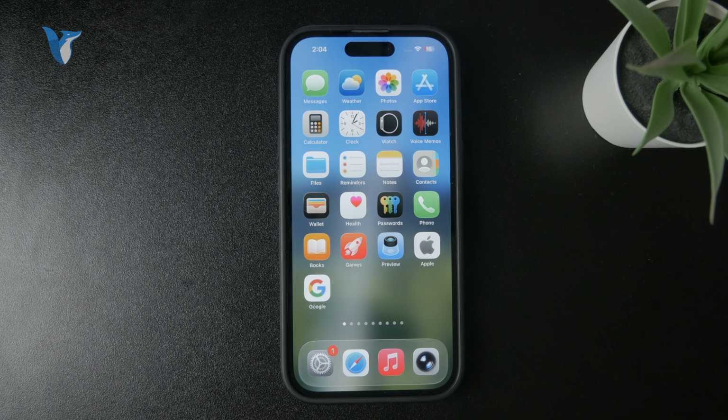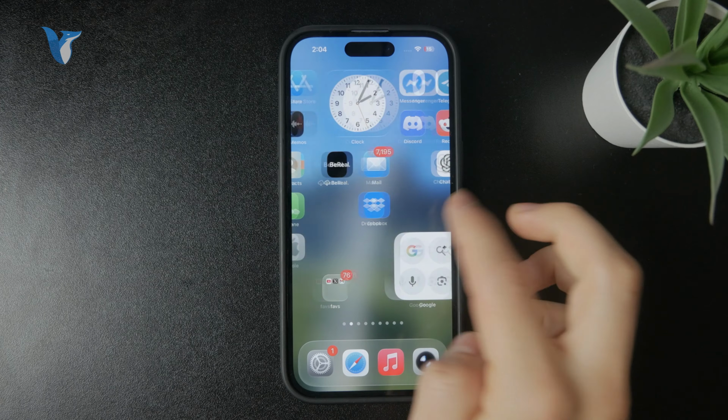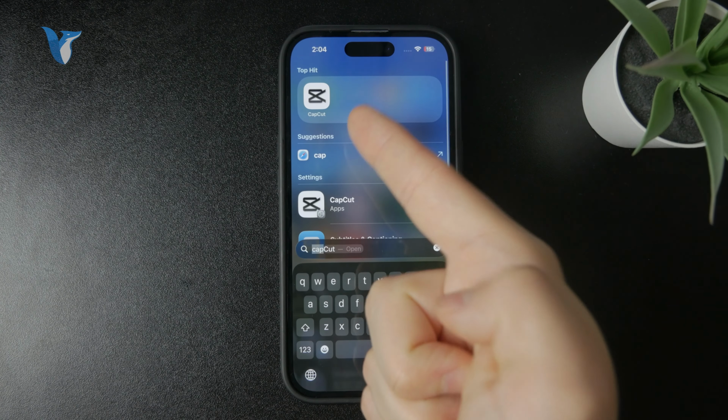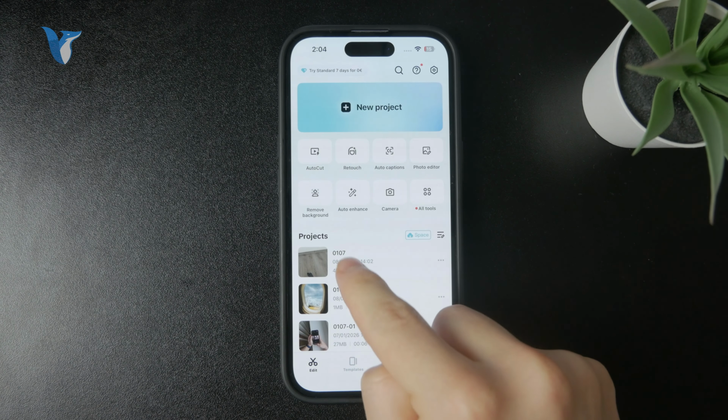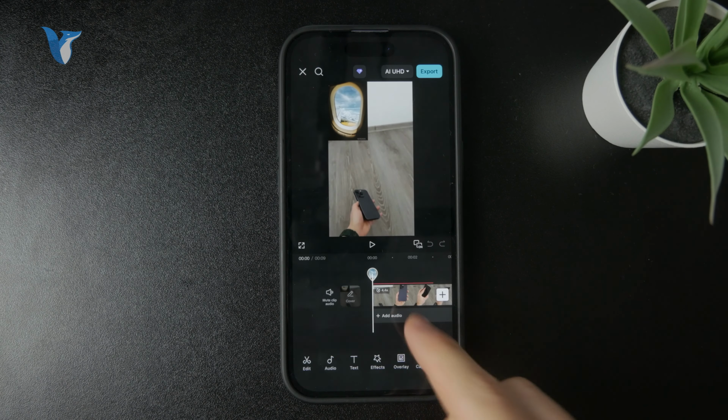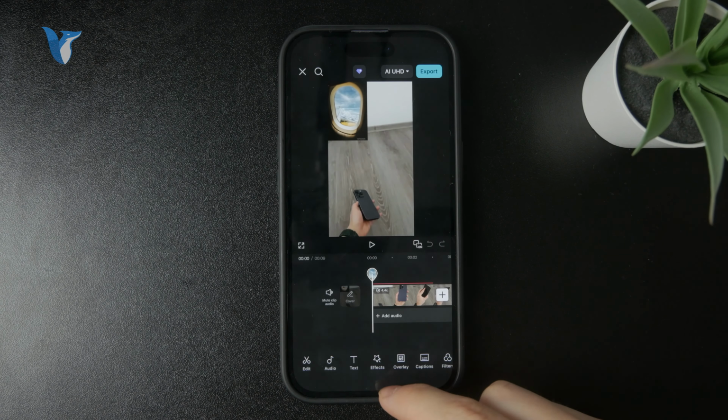In that case, it depends on if you want to do it on a computer or locally on the phone. If you want to use the iPhone, I would recommend the CapCut video editor, which lets you bring in the visual part, like the video, into the timeline. But if you want to add the audio that we recorded in Voice Memos,